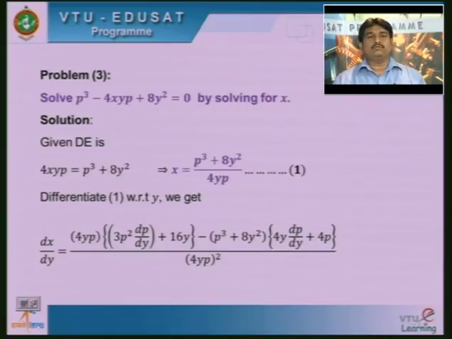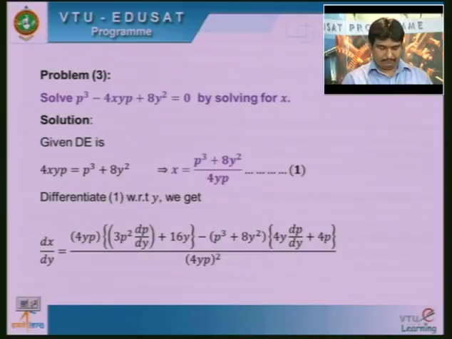As you know, the method for solving differential equations which are solved for x is: Step 1, express the equation in terms of x. Step 2, differentiate that equation with respect to y and simplify to get an equation in terms of p and y only. Solve that equation and get a relation in terms of p, then eliminate p from that equation and the given